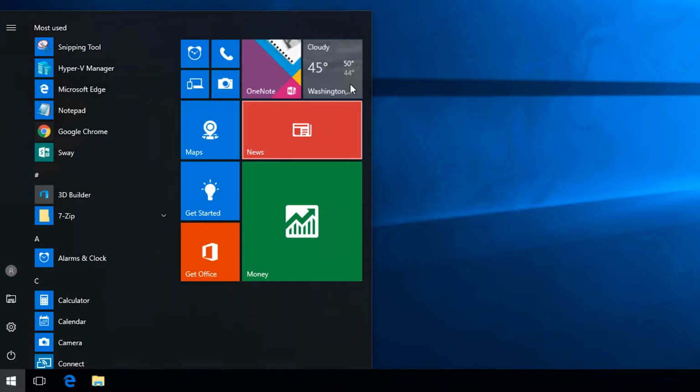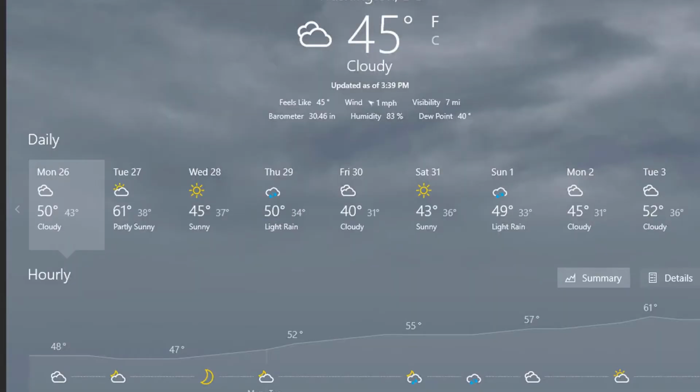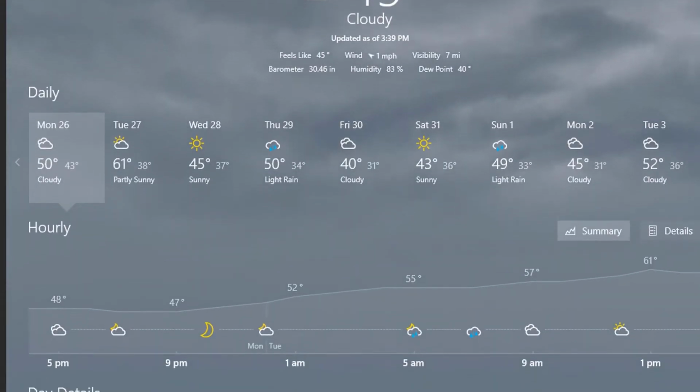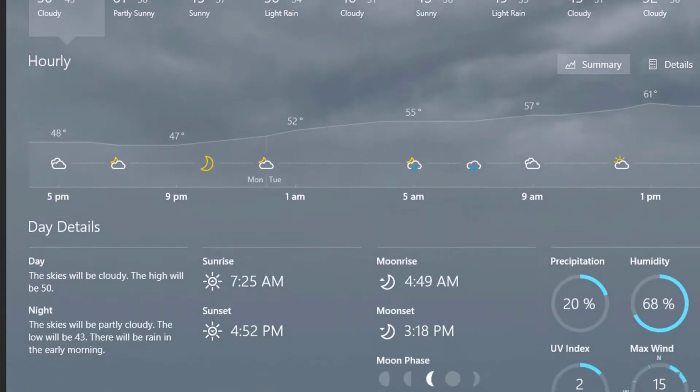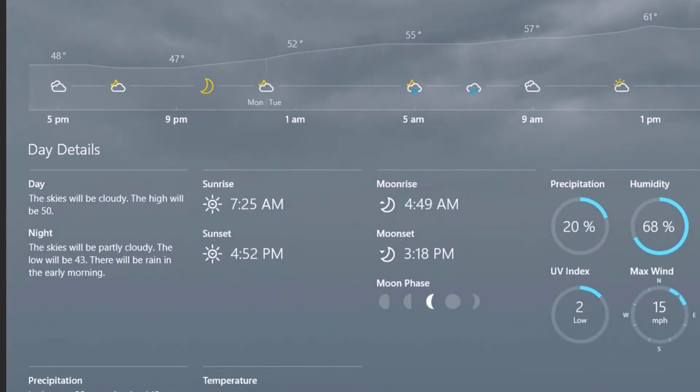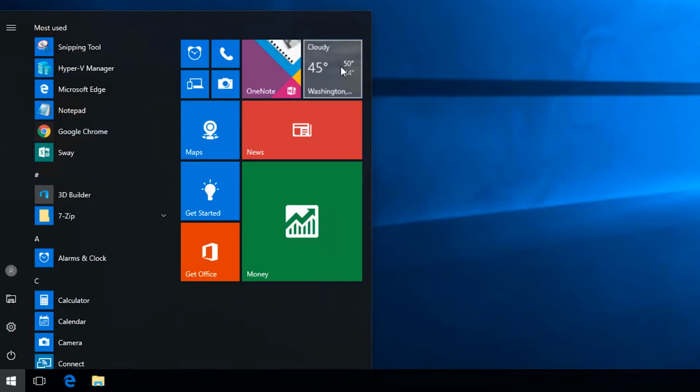Now if I open the app, I can certainly get a whole lot more information from my weather app, but without having to access it, we have some default information in here simply coming from the Washington DC area. Same thing with OneNote, we can see some info here. And the information changes based on two things. One, what the app can present you, so for example weather or news, and two, what size of tile you're